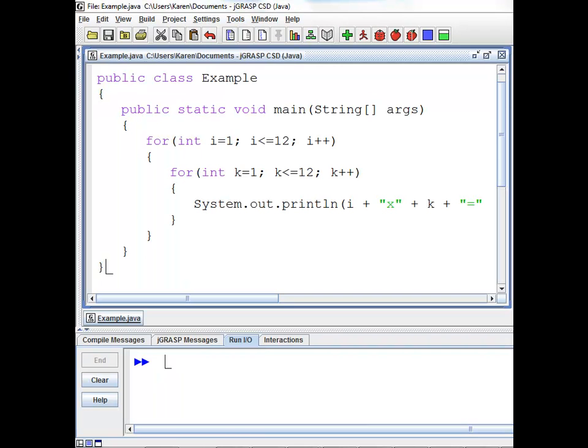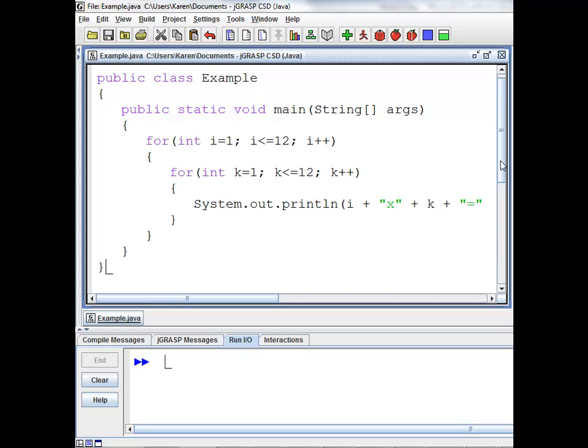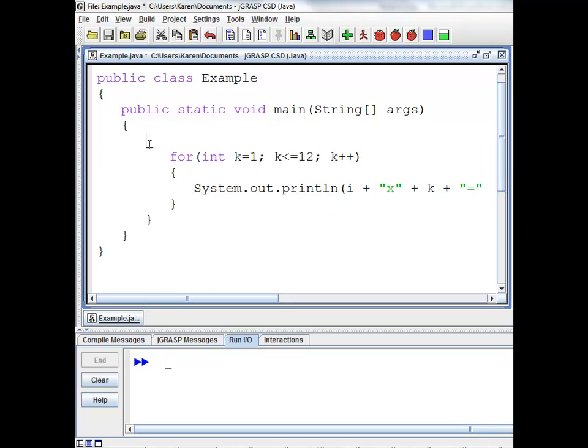We're going to look back at our previous example where we used a nested for loop inside another for loop to print out all multiplication tables. Now you don't have to use two for loops. With this example, we're going to change the outer for loop to a while loop. So while